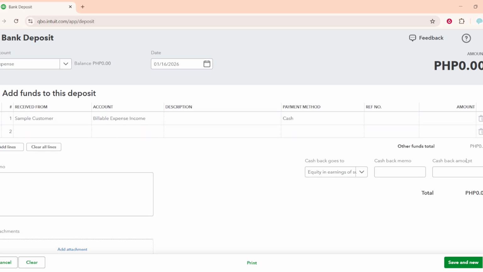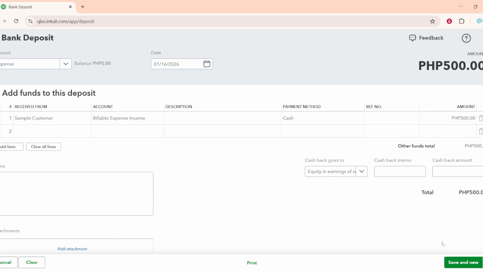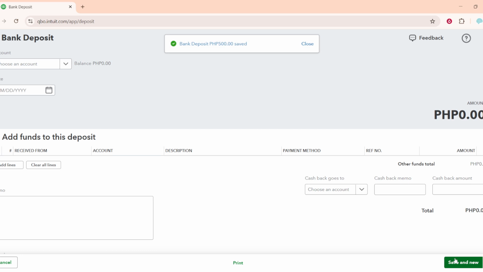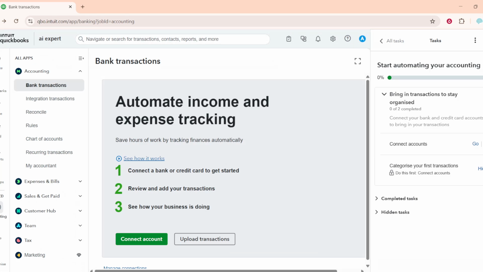When everything looks right, choose Save and Close to finish, or Save and New if you have more deposits to record. Later, when you physically deposit the money or when it clears in your bank, return to Create, then Bank Deposit. Select the same bank account at the top, check off the payments you stored in undeposited funds, and complete the deposit. This step bundles individual payments into a single deposit that matches what your bank shows, making reconciliation smooth